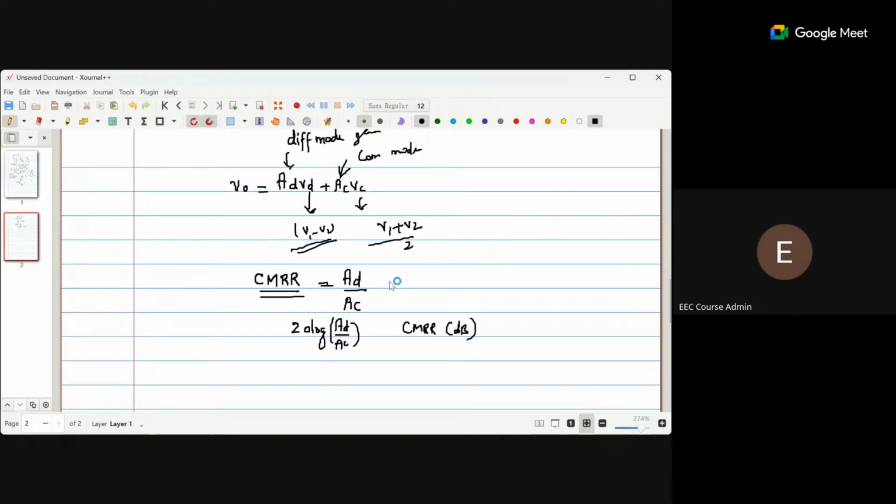Otherwise, if it is not in dB, simply this ratio will be a very large value, some higher powers of 10, some 10 to the power 5 or so. Okay, so the larger this value, the better the differential amplifier. You can go back and search for differential amplifier ICs, and in the data sheet you will see this parameter CMRR. Okay, so now again